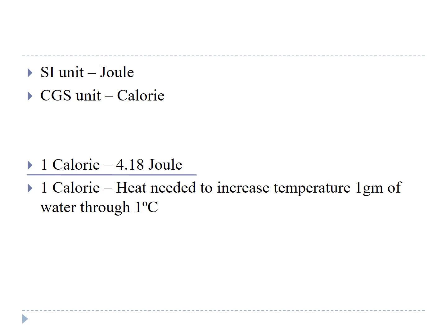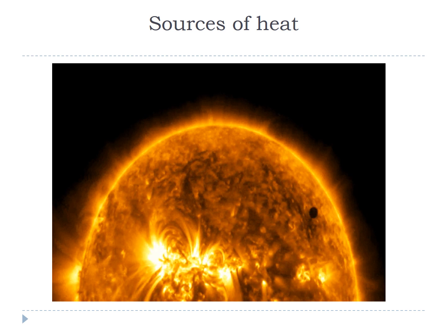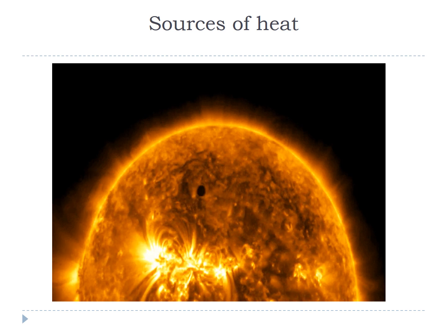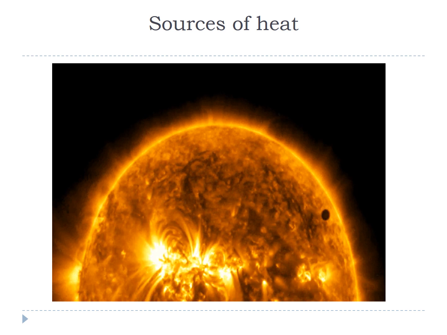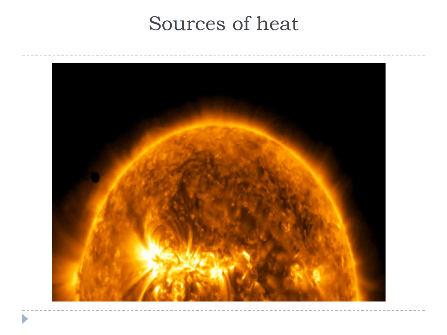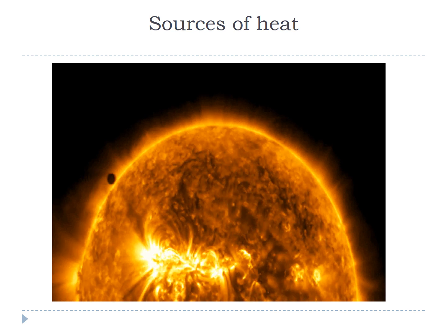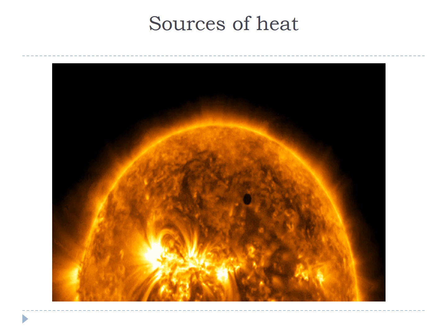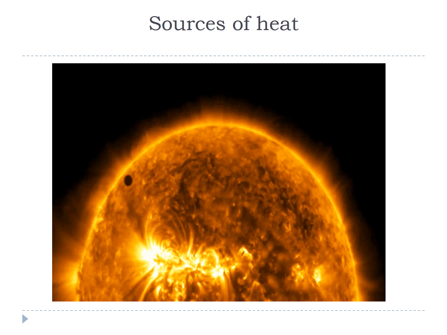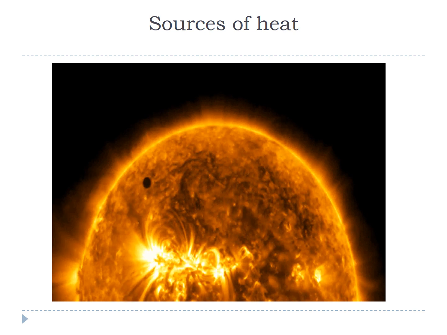But how is it that we are getting heat, or what are the sources of heat? We will look at it one by one. The first source of heat is the sun, and the sun is the biggest source of heat. A large amount of heat is generated because of the nuclear fusion that is taking place in its center. Nuclear fusion means that two hydrogen nuclei fuse together to form helium, and this generates a lot of heat, and some of it reaches the earth in the form of light and heat.